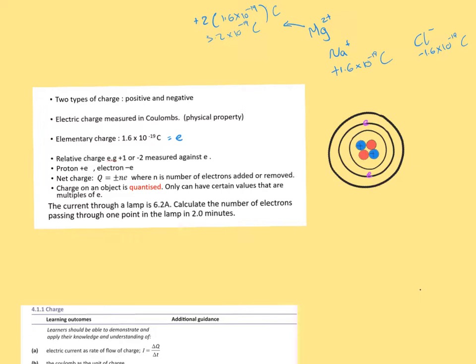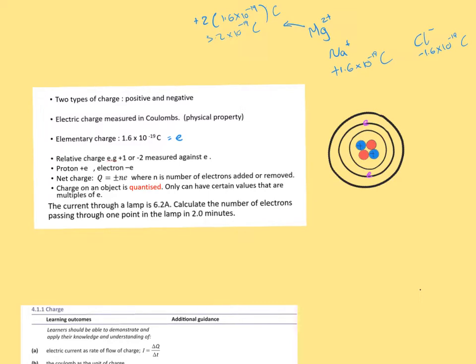The fact that protons are positively charged and electrons are negatively charged is something you have seen throughout your chemistry and physics GCSE course. Now, if you want to calculate the net charge of an object, you need to know, for example, the number of electrons added or removed, and then multiply by the elementary charge, just like we did in the examples above. As I said already, charge is quantized,